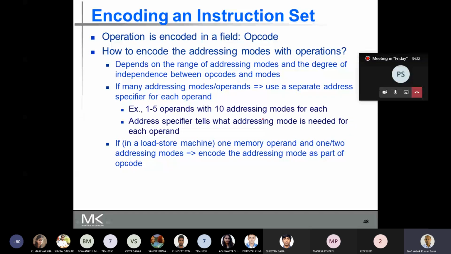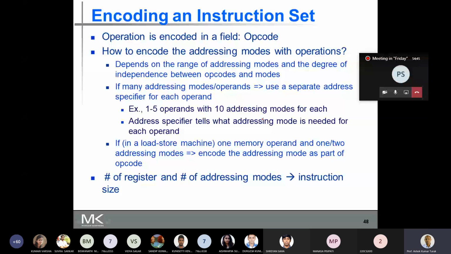In such a case, the addressing mode becomes part of the opcode. So when you decode the operation, the opcode itself specifies what addressing mode will be used. A separate address specifier is not required in such a machine.